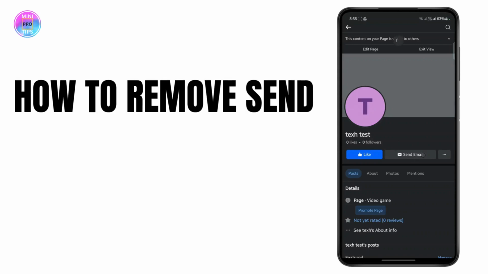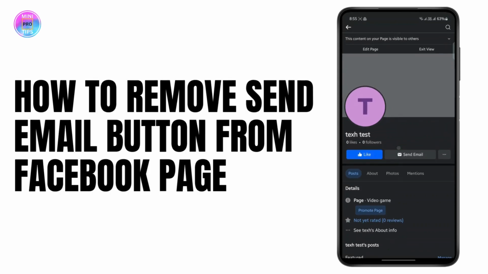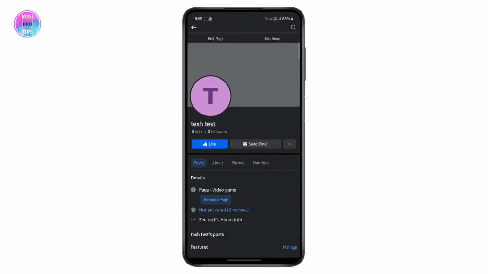How to remove the send email button from your Facebook page profile. Hello everyone, in this tutorial I'm going to show you guys how you can exactly remove this send email button